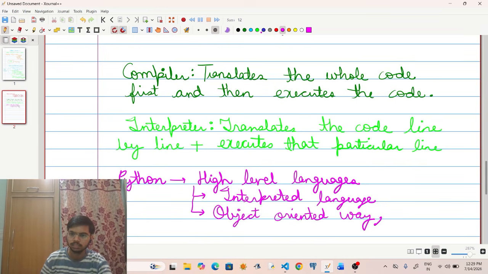The other way is functional way, and procedural way.